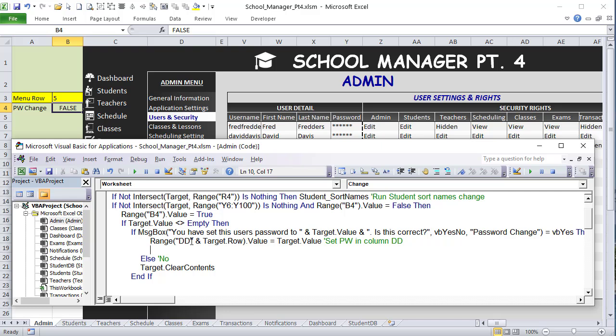I think that's kind of convenient. So how do we do that? Target.value equals, what's it going to equal? It's going to equal a string, and it's going to be based on the length. So the length of the